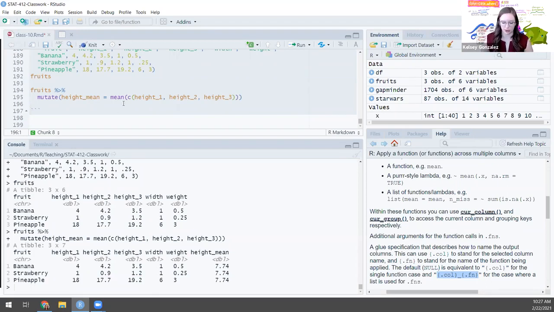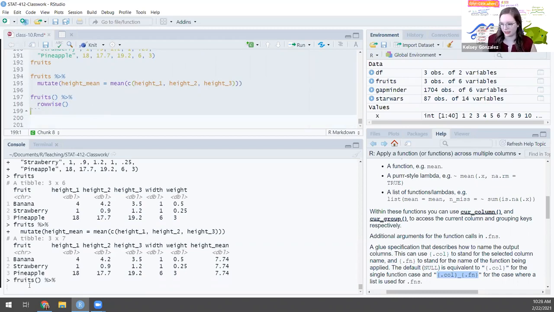So this is where you can bring in row-wise. So if I take the fruits and I say, look at this row-wise. Let's just separate this out by row. And row-wise is almost identical to group by. So group by was separating things out by groups. Row-wise is doing the same thing, but basically everything is its own unique row, multiplied times however many rows you have. So I can just run that and you can see